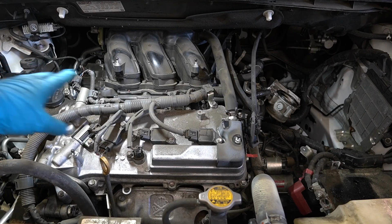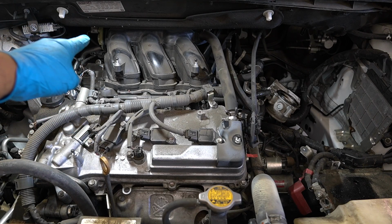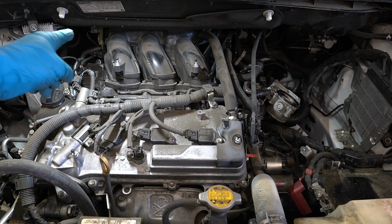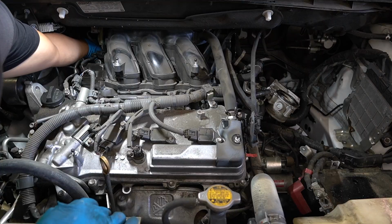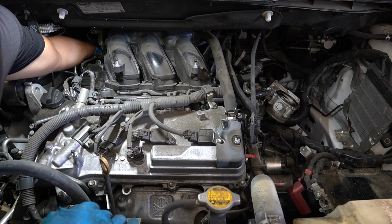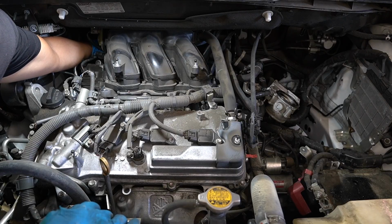Alright, once these brackets over here are removed, I'm going to attempt to reach that 12mm on the bracket on that back side. Again, something you got to feel for. Can't really see it. I can feel it right here, and there's a wiring harness in front of it. This harness that comes from here sits right in front of the bolt, so...